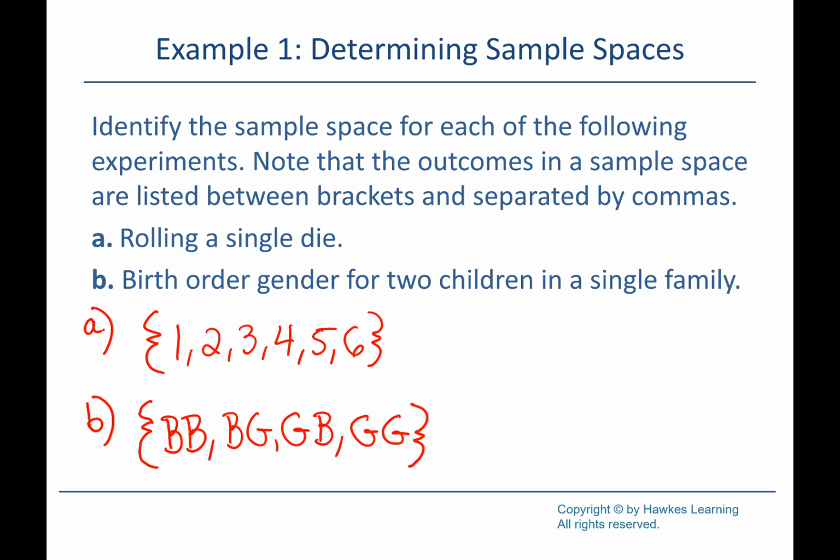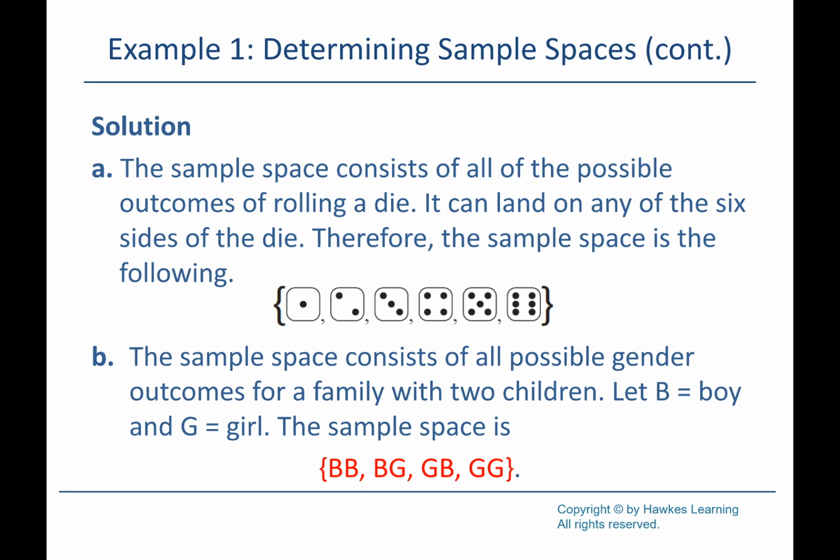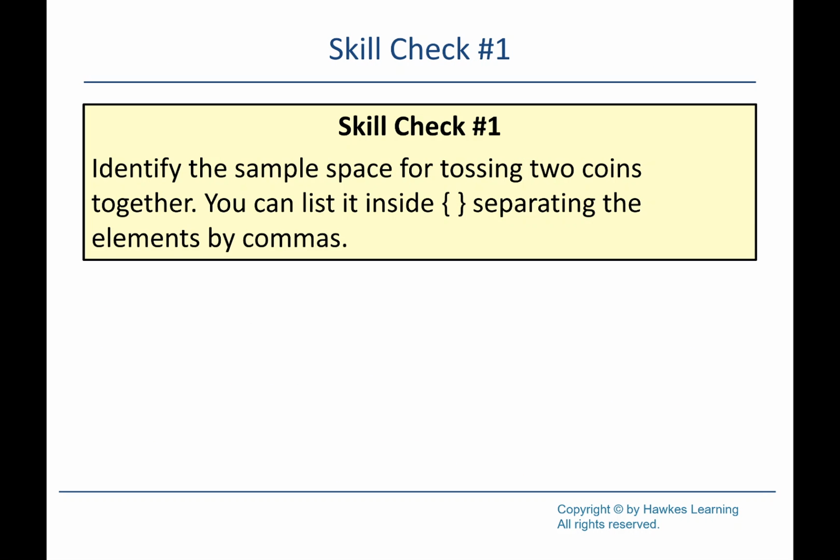All right, let's look at another one. This one, again, we've got 2 events, so a little trickier. This one says identify the sample space for tossing 2 coins together. So if we toss a coin or flip a coin, we've got 2 outcomes for that one coin. What would our 2 outcomes be? We either get heads or tails, yeah, so maybe we can just use H or T for heads or tails.